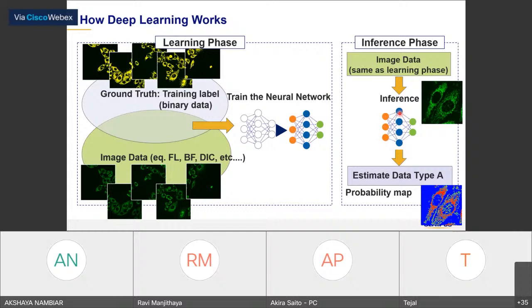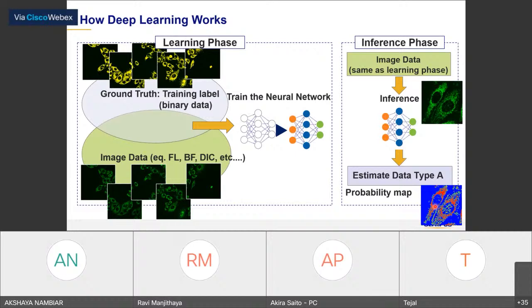There is a fluorescence image using MitoTracker, and we need to label where the mitochondria are, tell that this is the ground truth of the mitochondria, combine it with the image data, and train the neural network. Then the neural network will be created, and we bring another image and do the inference. Then you can see this kind of result after the inference.